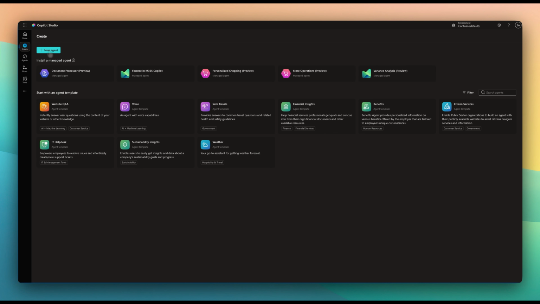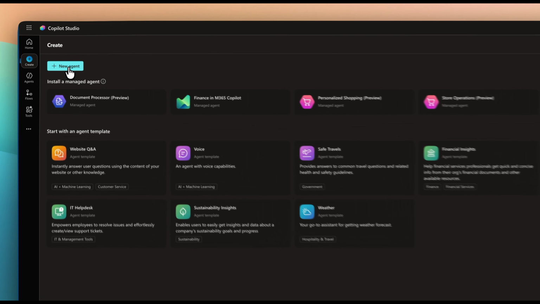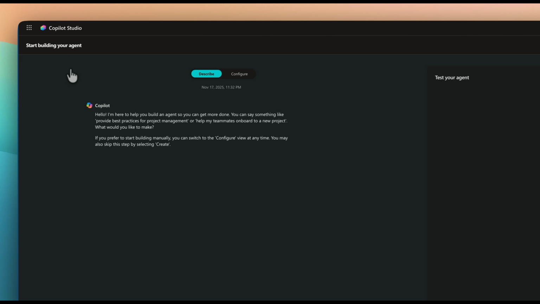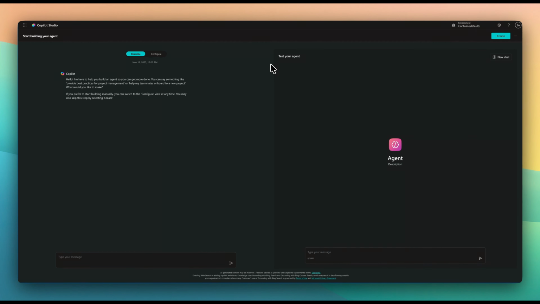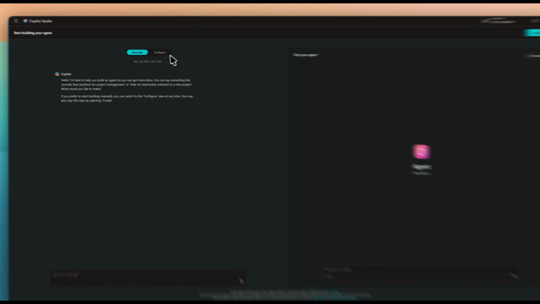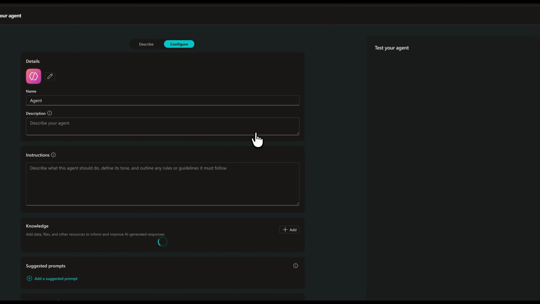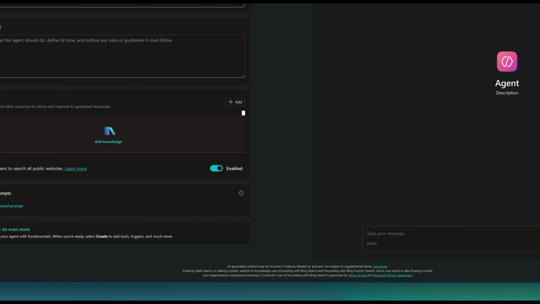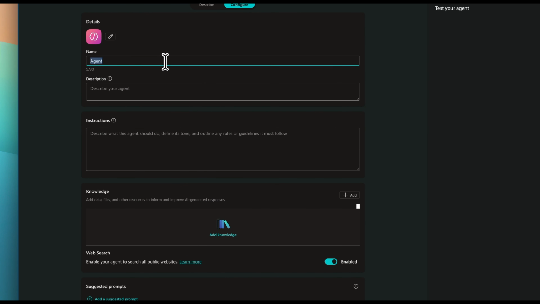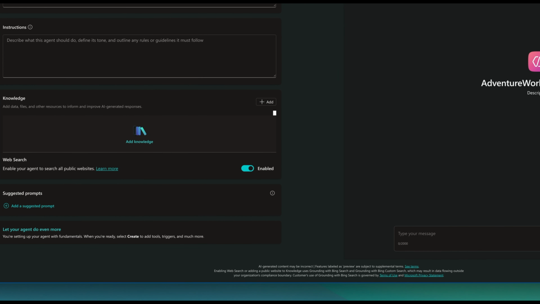So here the idea is to use our little Fabric agent that we need to put to work. So I'm gonna go to the new agent section. Our soon to be created agent will need a name and a description, which we'll provide here. So we'll go to configure and we need to give it a name. In my case, I'm gonna call it Adventure Work Sales Agent. And for the description,